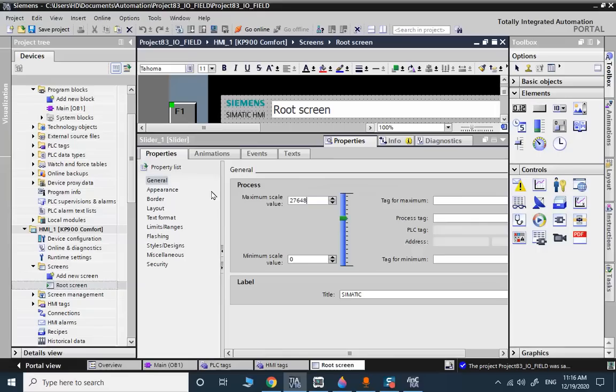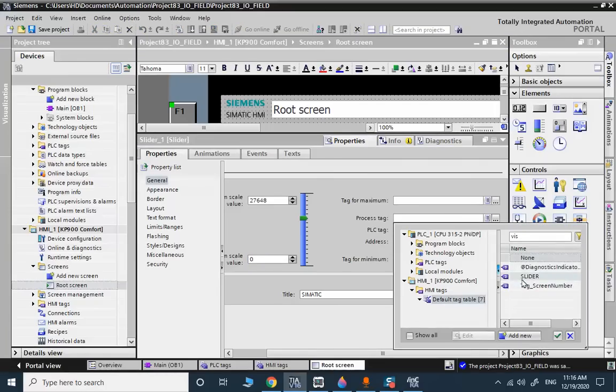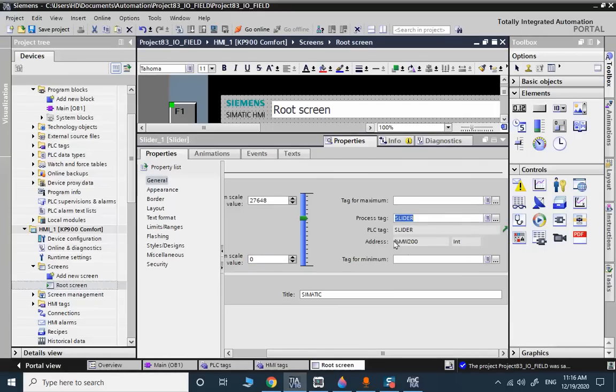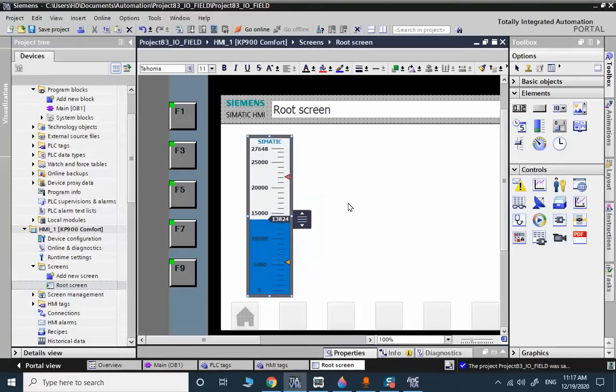This is the max value for analog input in SIMATIC technology. The min is 0, and the process tag will be the slider integer value. This is the slider. The next step will be adding a button to reset,